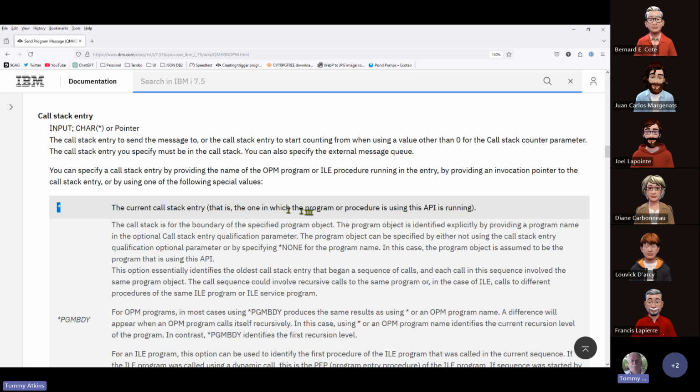That is the one in which the program or procedure using this API is running. So it's my program. The star says I'm sending it to this call stack. This is the call stack entry to send the message to. So a star says, starting from this program,